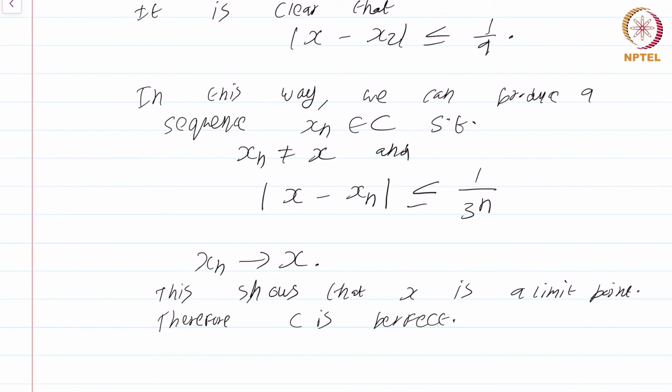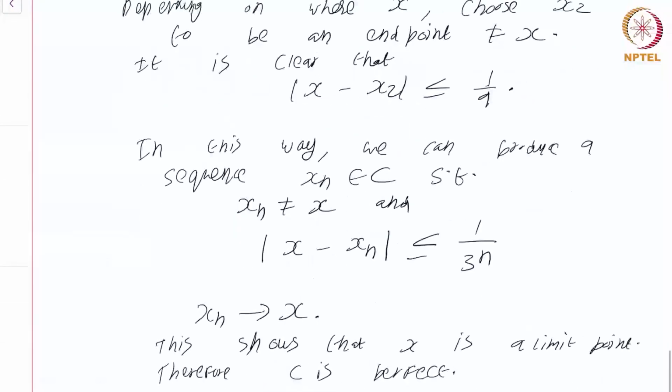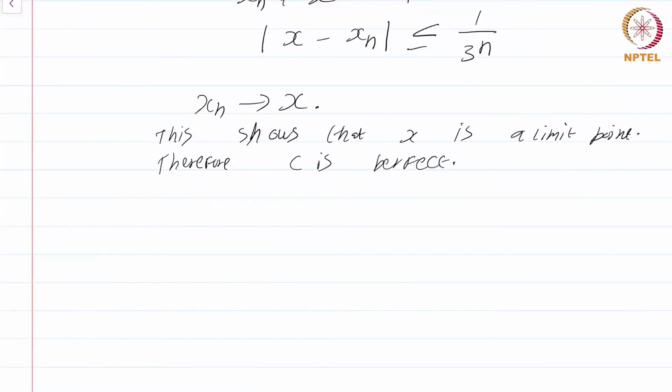Note that in our argument, the xn's we produce are very special. They are just coming from the endpoints. But you can check, once you give a formula for these endpoints, which is an exercise I left long ago to you, that it will be very easy to see that the collection of all these endpoints is actually a countable set. So there are points in the Cantor set other than these endpoints. You might think that there are only these endpoints, but that's not true.